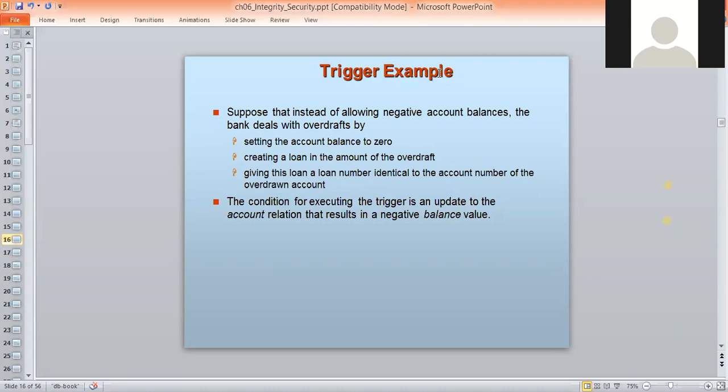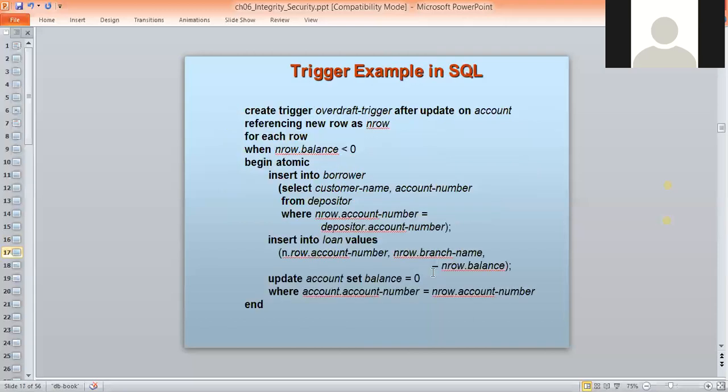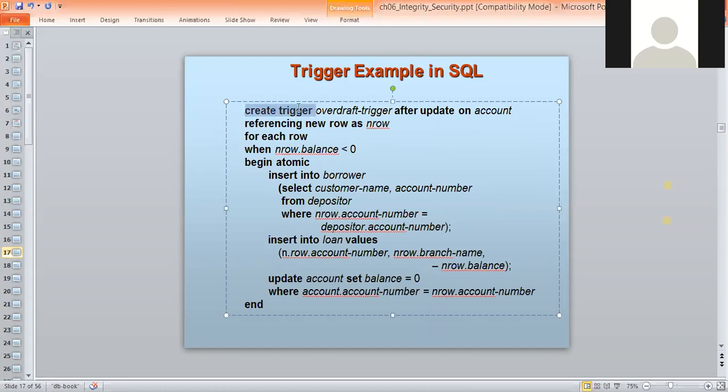So as I mentioned, this triggering needs two important fields: on which condition the trigger needs to be executed, and once executed, what actions need to be taken by the trigger. Let's consider this example. For creating a trigger, the SQL command is create trigger, then the trigger name.